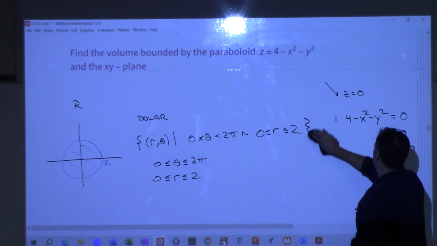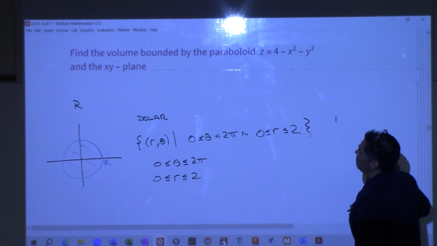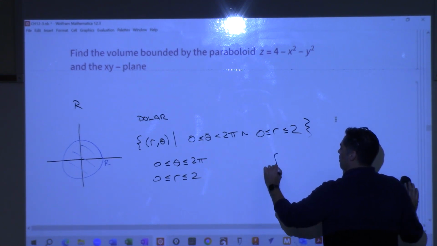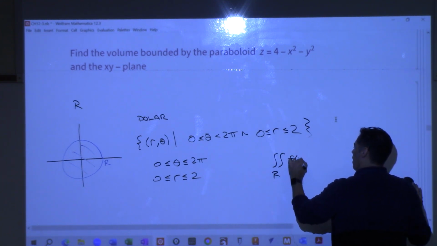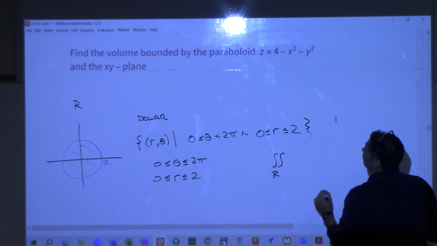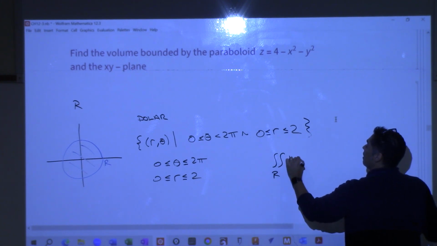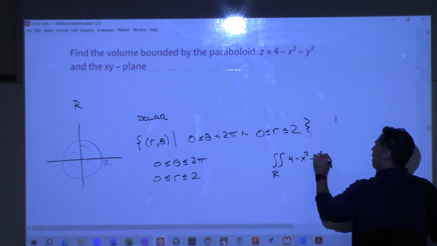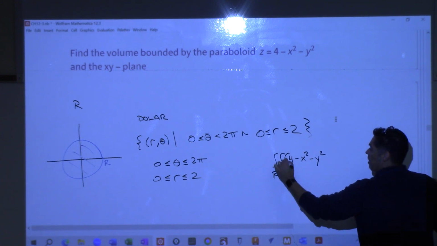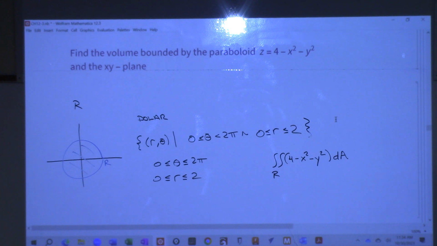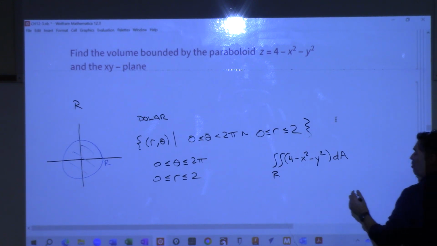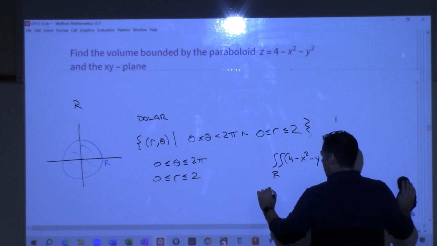That's awesome. And so now I'm going to set up the double integral. My double integral is going to go over that region R. It's going to be the function f of x, y. Well, what's f of x, y for us? 4 minus x squared minus y squared, right? And then do that with respect to area. But polar is what works here, right? Polar is what works. So when we go to polar,